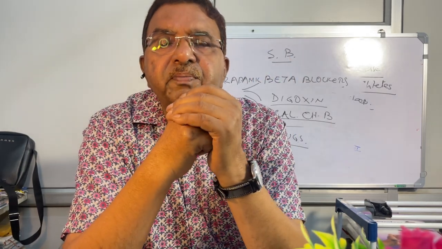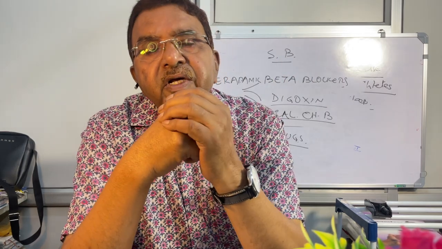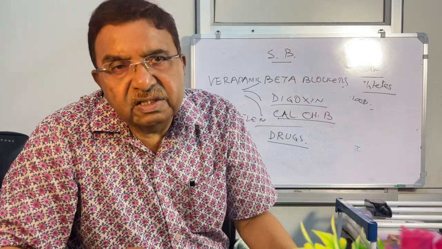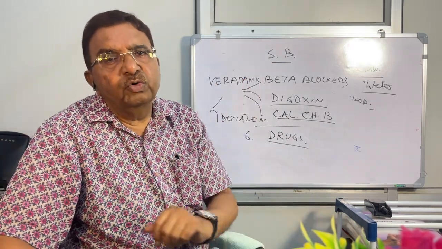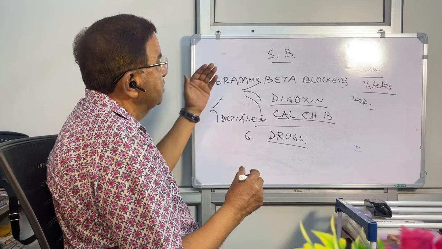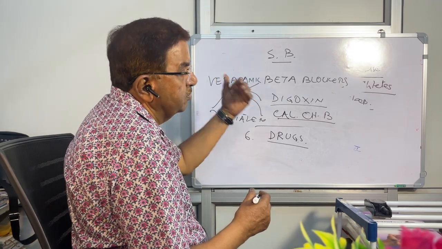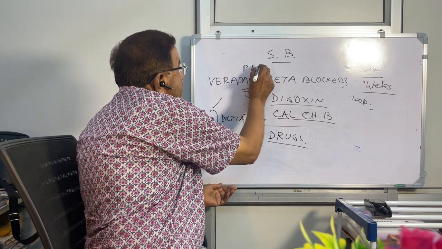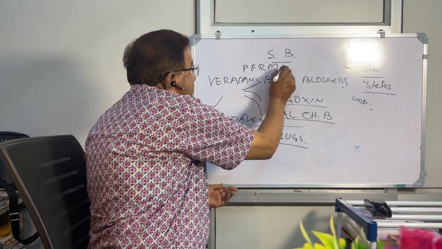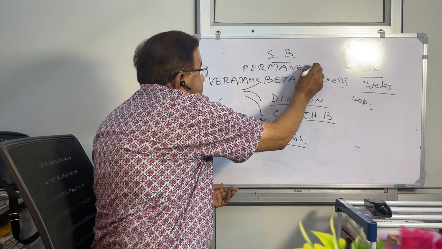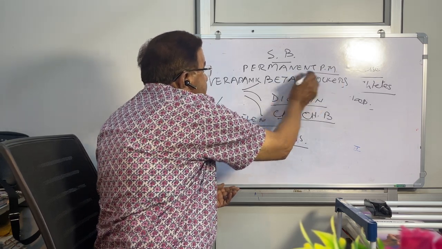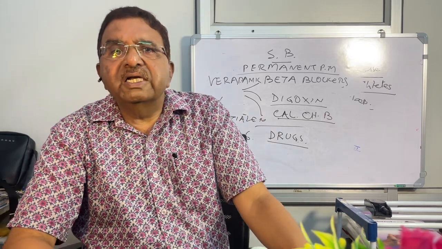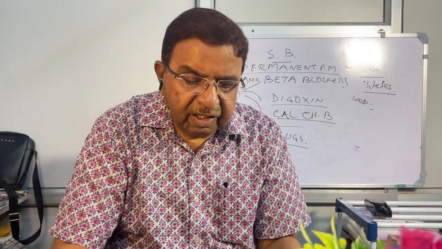Now, in patients of sick sinus syndrome, the treatment of choice is a permanent pacemaker, because it is a case of tachy-brady syndrome. That means sometimes the patient has tachycardia, sometimes bradycardia. So in those cases, a permanent pacemaker is to be given. A permanent pacemaker is to be applied by a cardiologist at a higher center in the cardiac cath lab.